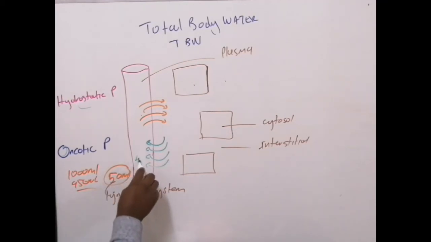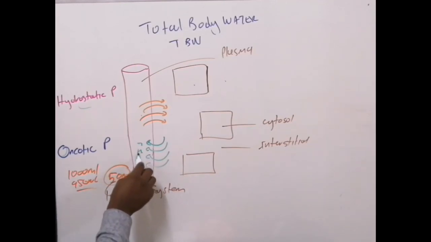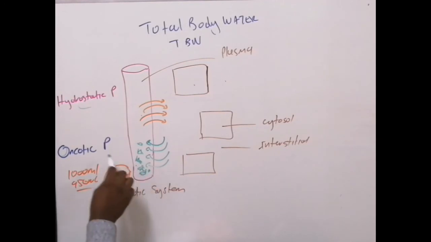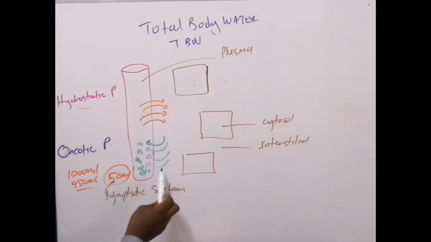The proteins that you find there are the ones that are able to draw water back into the intravascular space. And the main protein that does this, as we all know, is albumin. So when you've got low albumin, hypoalbuminemia, you create a situation whereby you weaken your oncotic pressure. Once your oncotic pressure is weakened, then it means the fluid that was brought by the hydrostatic pressure will accumulate